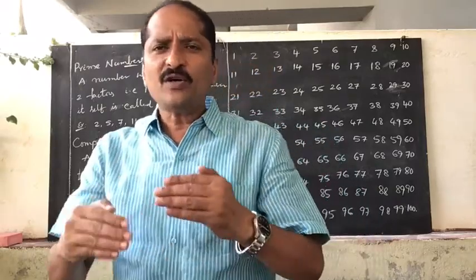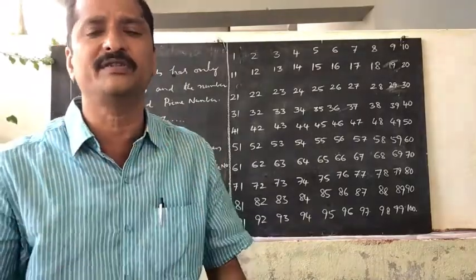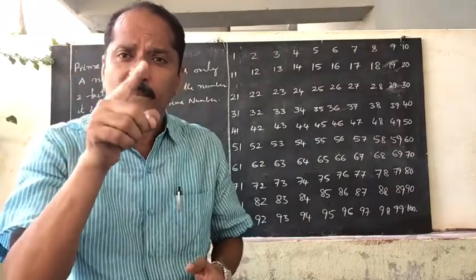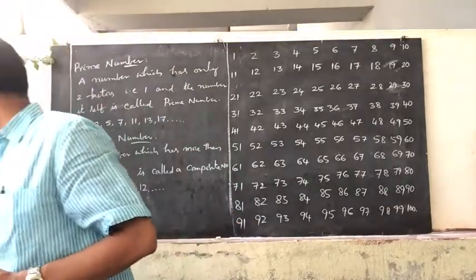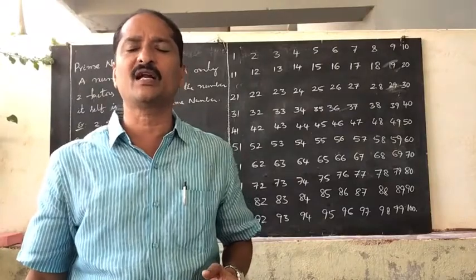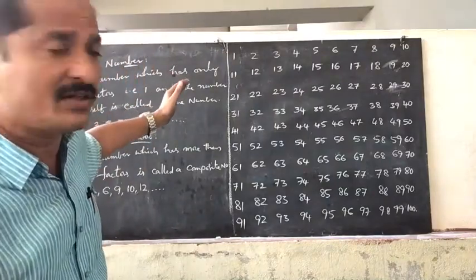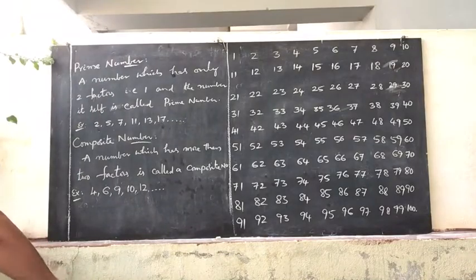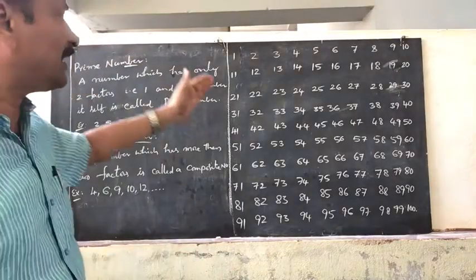So how can you find out all the prime numbers which are in between 1 to 100? All the prime numbers and all the composite numbers. Now see here, we can round off the prime number and we can take out the composite number, strike out the composite number and round off the prime number. Now how can you find out all the prime numbers from 1 to 100? To know the prime numbers which are between 1 to 100, now observe carefully how to find out the prime numbers.